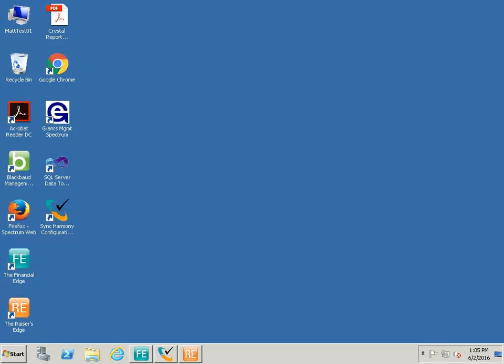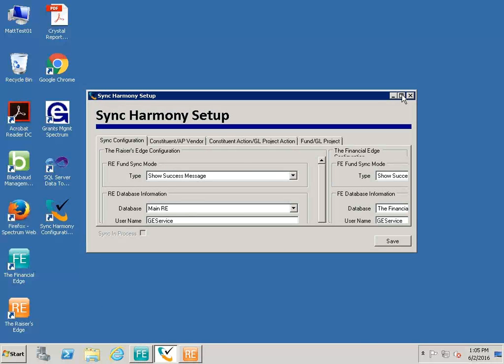Oh, okay. Thank you. Anyway, so if you create a new fund or project in Financial Edge, you have to do the same thing in Razor's Edge. And then there's information that you can have on both of the records in Razor's Edge or Financial Edge that you may want to be able to synchronize with the other Blackbaud product. So we developed something called Sync Harmony, and what I'm going to do is bring up its configuration pages and